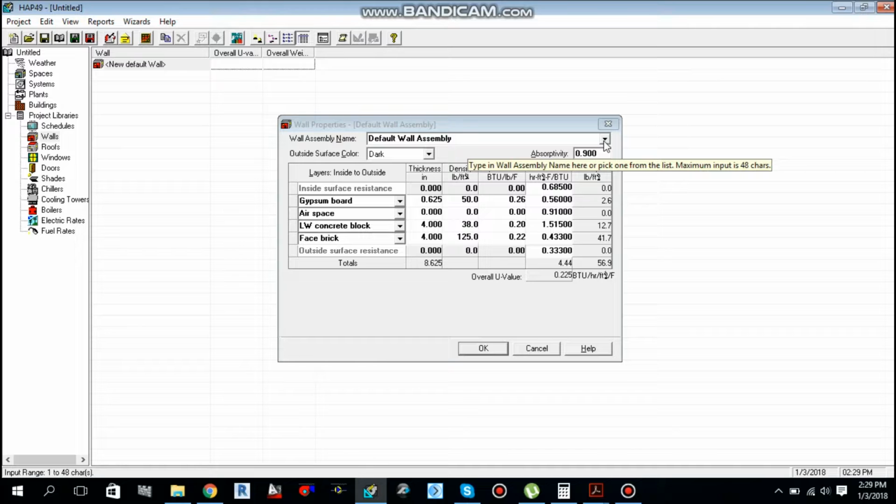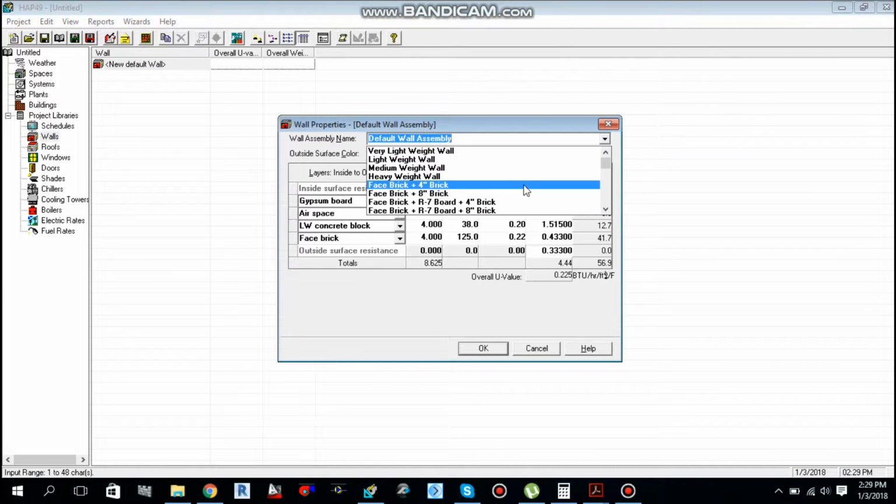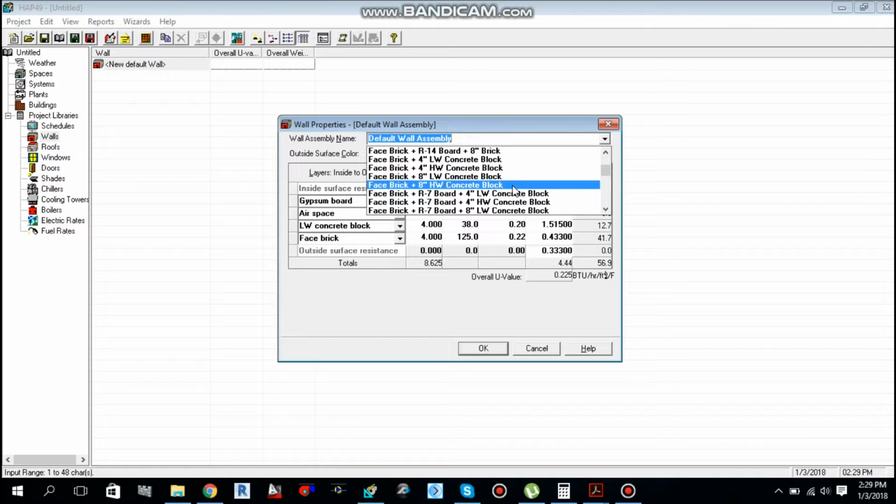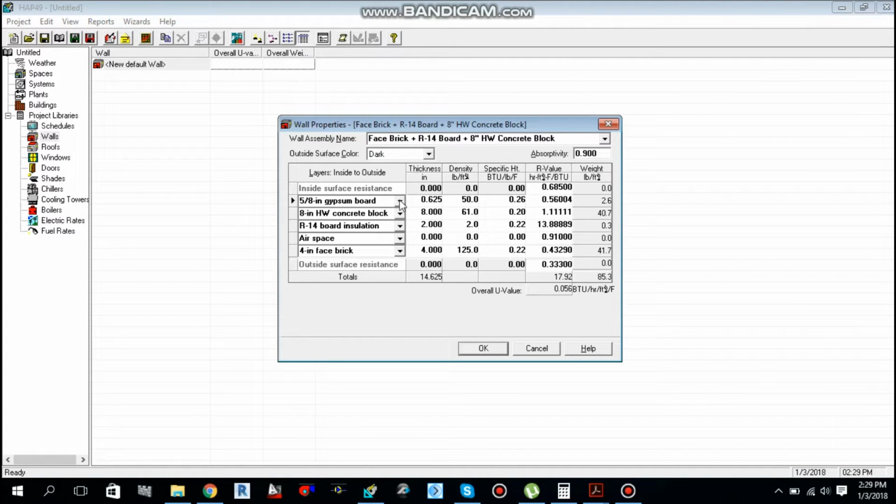If I go over here to the default wall assembly, let me select face brick, R14 board insulation plus 8-inch high weight concrete block. Okay, now if you play with these layers, as you can see the U value is 0.056, so I'm near to 0.05. Let me change these layers in order to make it 0.05.